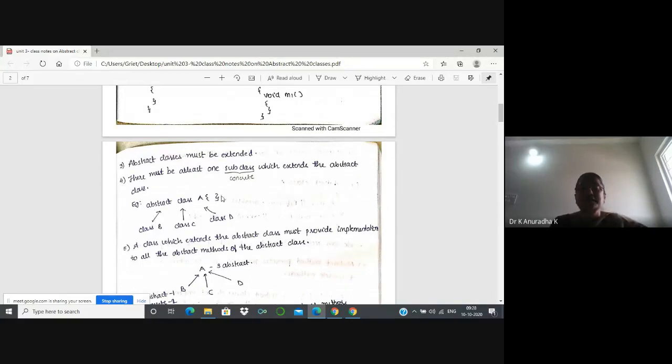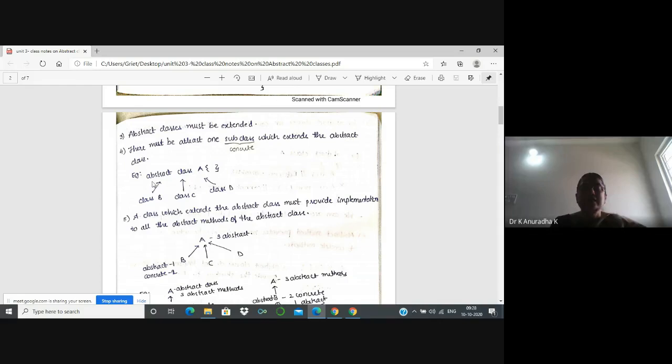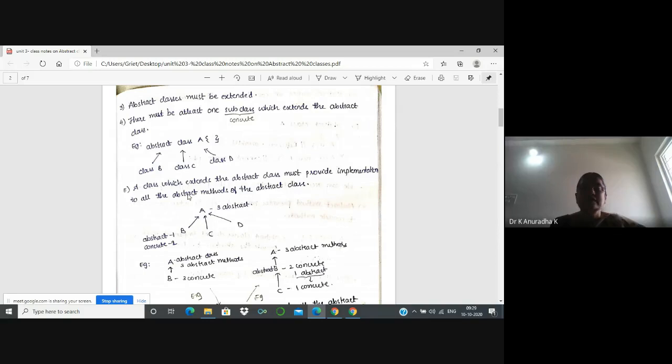So this class is an abstract class, because this class is declared with the abstract keyword. Next, any number of subclasses can extend this abstract class. That's why here I have taken class B extends A, class C extends A, class D extends A. So the abstract class can be extended by any number of subclasses. Next, this is single level inheritance only. Already explained single level inheritance when we discussed the types of inheritances. It is called simply single level inheritance.